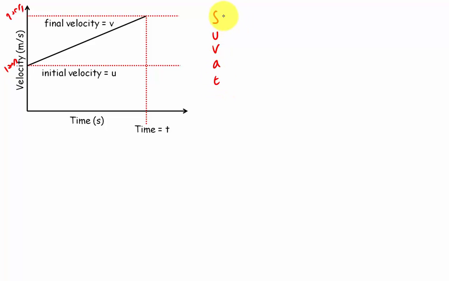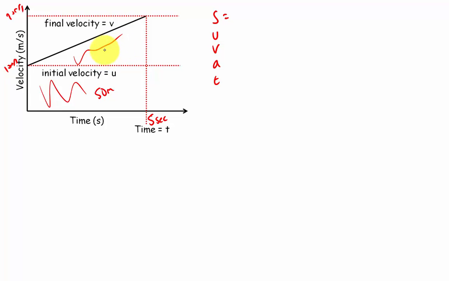So if you were to ask what's the displacement, well, we could work it out. If I give a few other bits and pieces as well, if we say this happened during 5 seconds, we could say the distance travelled will be the area under the graph. So that's the area of this rectangle plus the area of this triangle. The area of this rectangle is 10 times 5, so that would be 50 meters. The area of this triangle, well, its height is from 10 to 20, so its height is 10. It is 5 wide, so